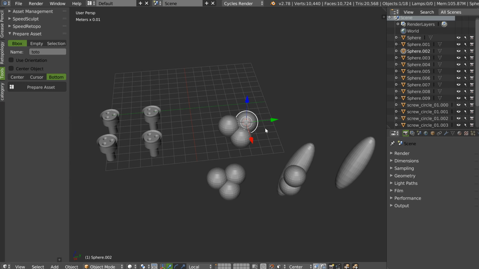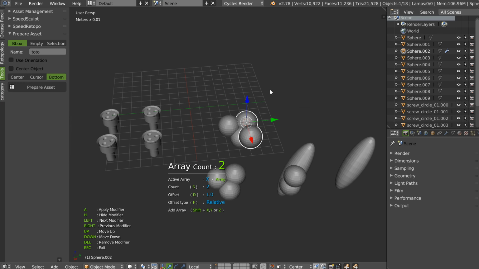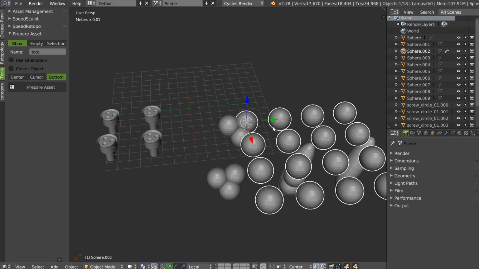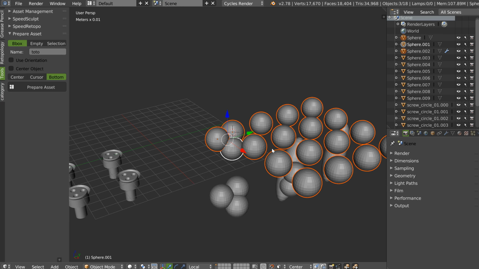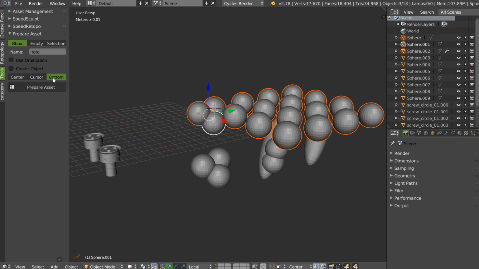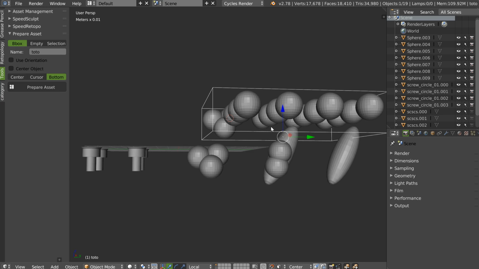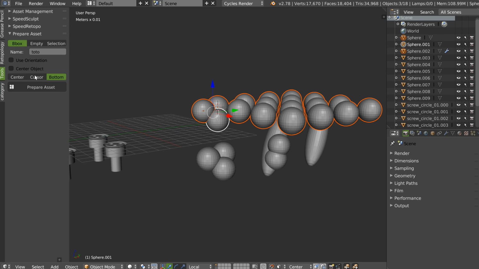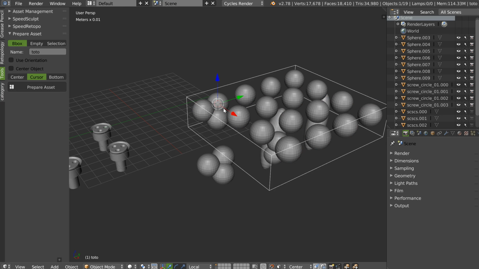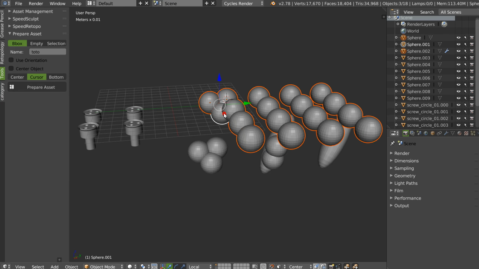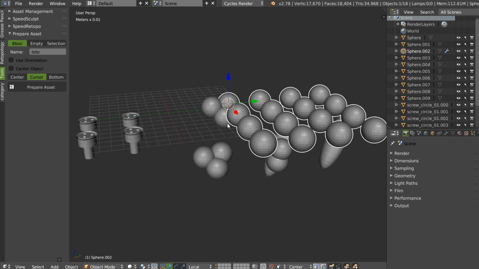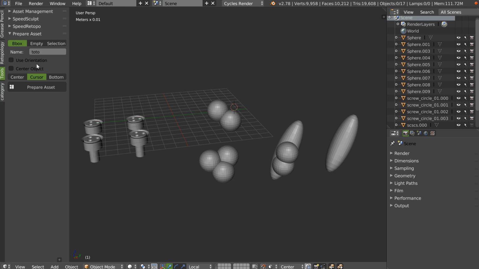That works even with modifiers, for example. Like this. If I select this, I will make it at the bottom, for example. Poof. Here, as you can see, this is at the bottom. And at the cursor, if I want, etc., etc. So this is really useful. That's it for the bbox, if I recall.